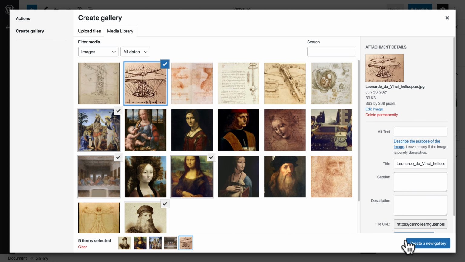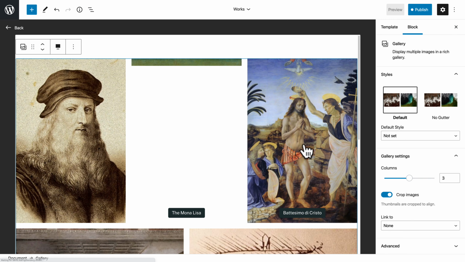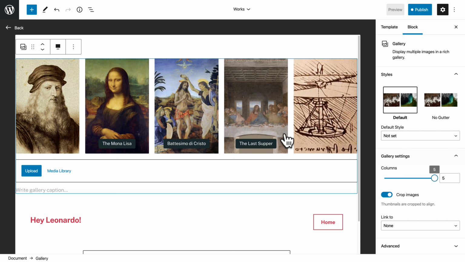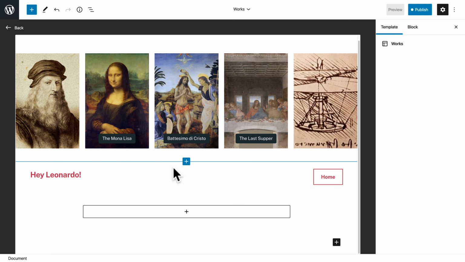And let's do one of his sketches for good measure. We'll insert that gallery. We'll make it 5 columns. They'll be cropped. And so there is a little bit of padding across the top here. But this is all that we're going to have here on the